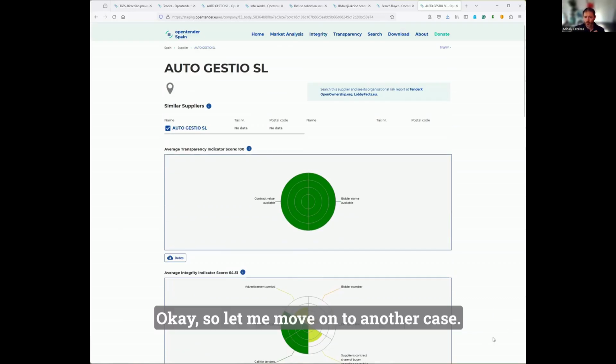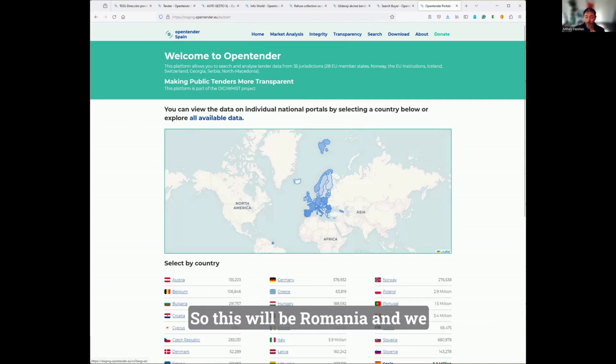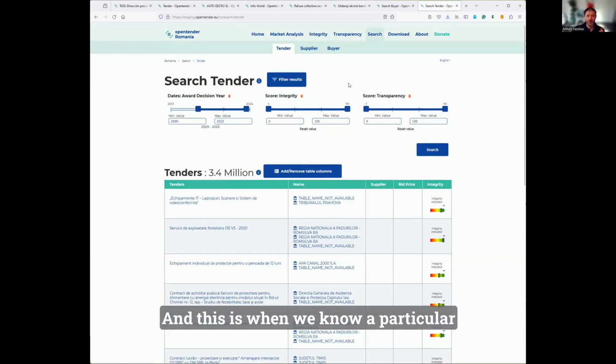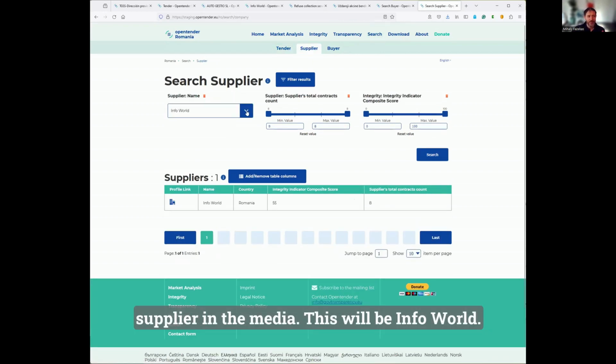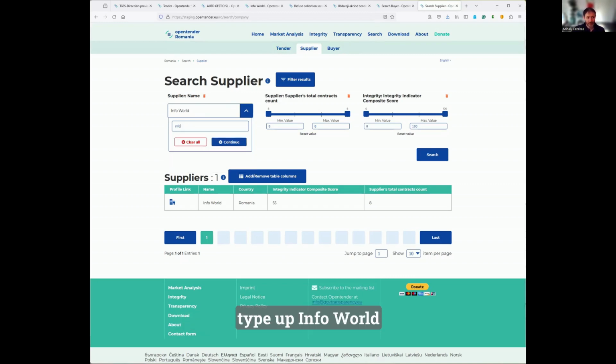Okay, so let me move on to another case. This time we are moving to a different company. So this will be Romania, and we are looking at use case 2. And this is when we know a particular supplier which we want to investigate. Again, say you received a tip or read about the supplier in media. This will be Info World, so you can just type up Info World